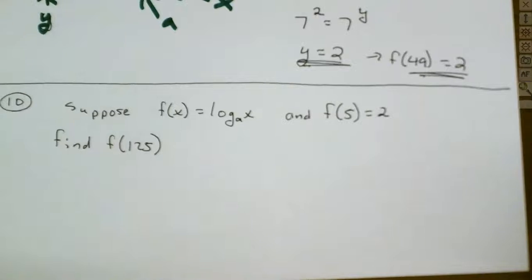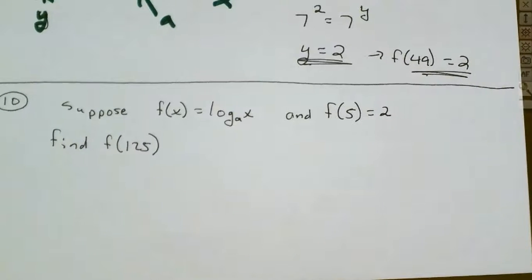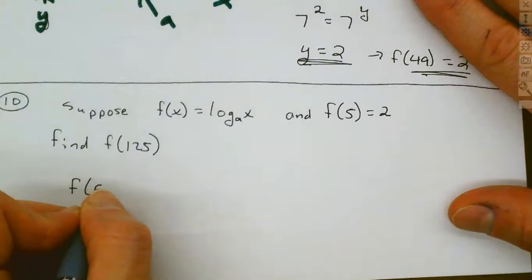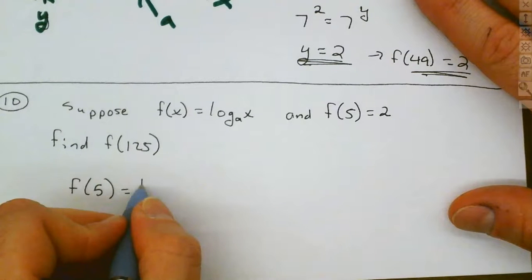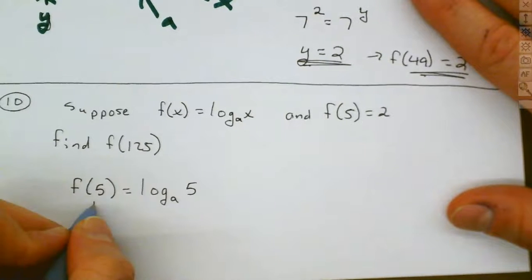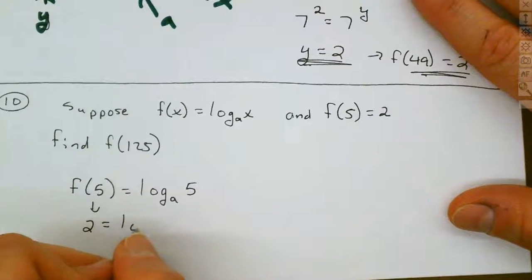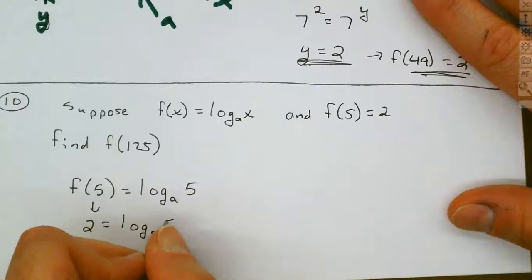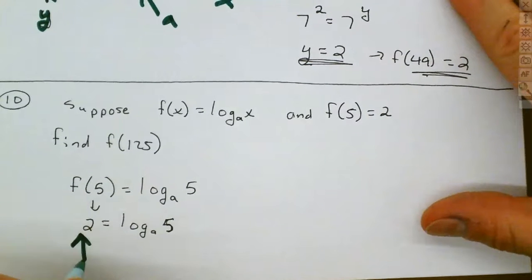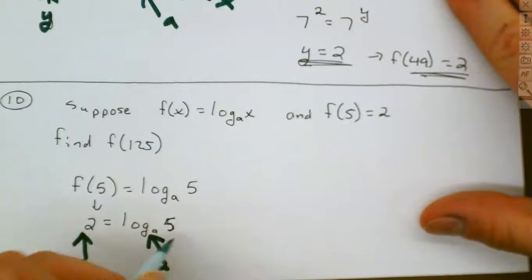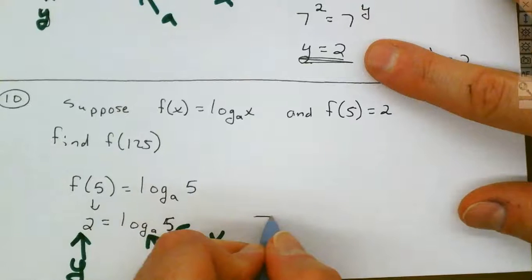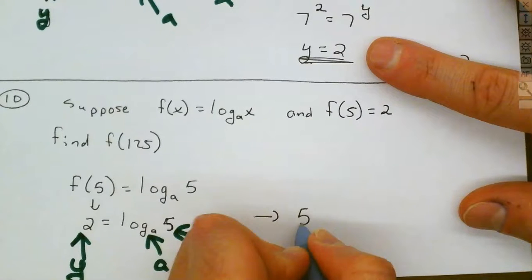Okay, so let's work with this one. Same procedure. So f of 5 is going to be log base a of 5, and that's a 2. This is your y, that's your a, and 5 is your x. So now when I rewrite this, this gives you 5 equals